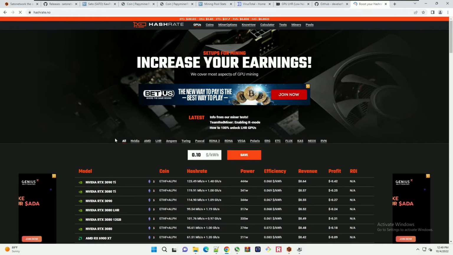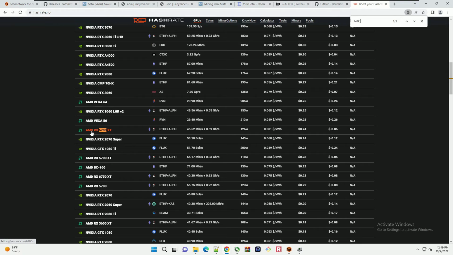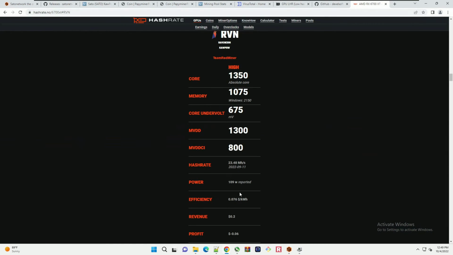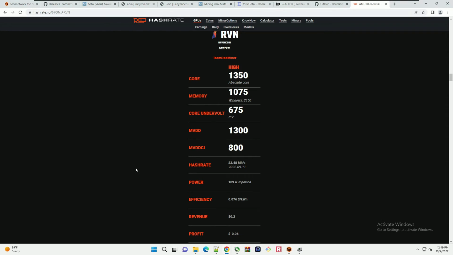So we're going to go to hashrate.no and look for the 6700 XT for AMD. And then we're going to find Ravencoin, which is a Kawpow algorithm, and plug those numbers in to the MSI Afterburner. Now it's not a direct one-to-one translation because you can see there's some other things that need to be set or can be set, and I just don't want to fool with them. You know, I want to do the very basics here. So we're going to put in the settings that it had there,